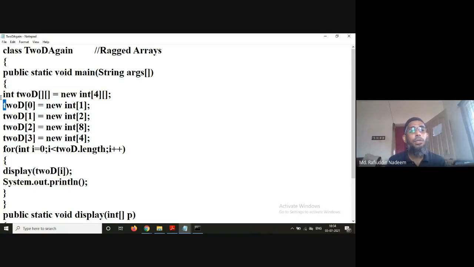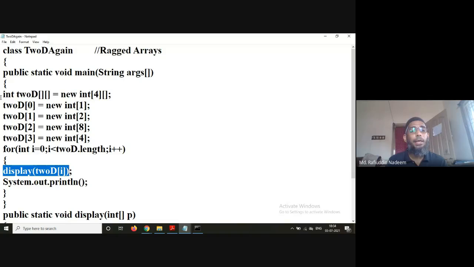Then the first row is of size 1, the second row is of size 2, the third row is of size 8, and the fourth row is of size 4. I have taken some random numbers and created an array. Then for i = 0, i less than 2d.length, the length of each row will be different. i++, display 2d[i].